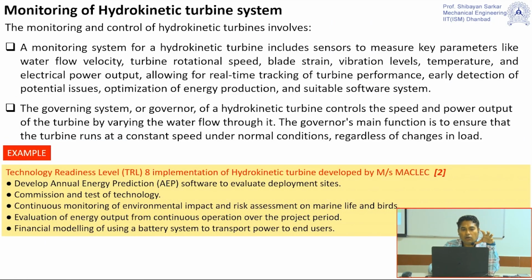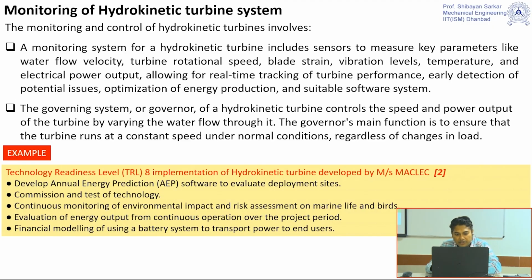So I will show you some of the examples. These are the parameters you need to remember. I will show you a few examples. Few examples I have taken. I have given the reference here. One example has been implemented at TRL 8 level, technology readiness level. There are technology readiness levels up to 9. So technology readiness level,